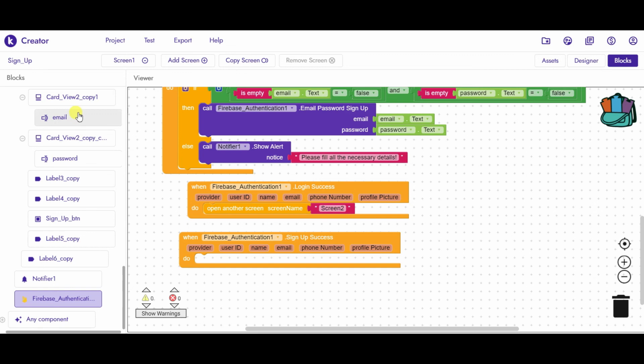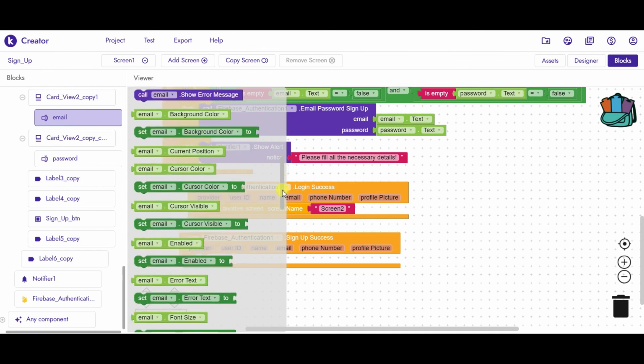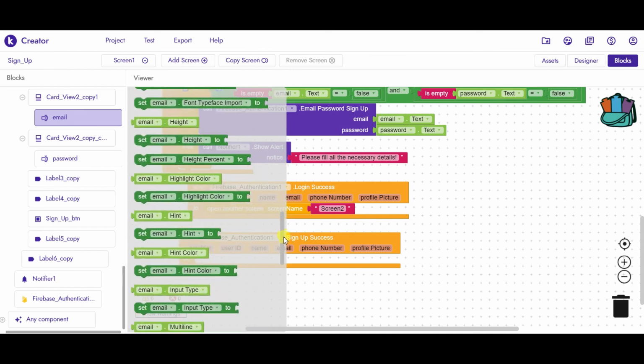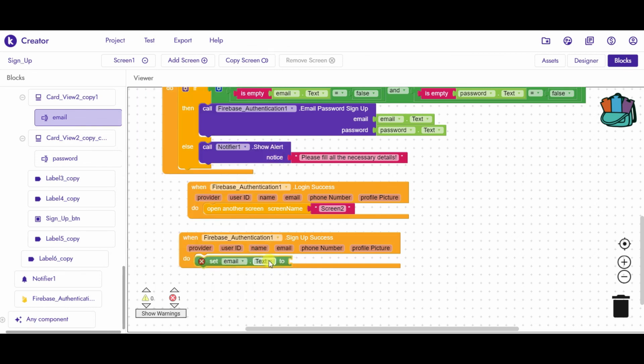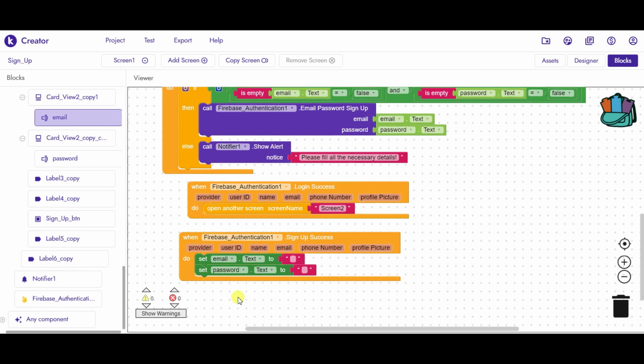So the email text box, we will set email.text to an empty string, and similarly we will do it with password.text, and then we will open another screen, that is screen 2.